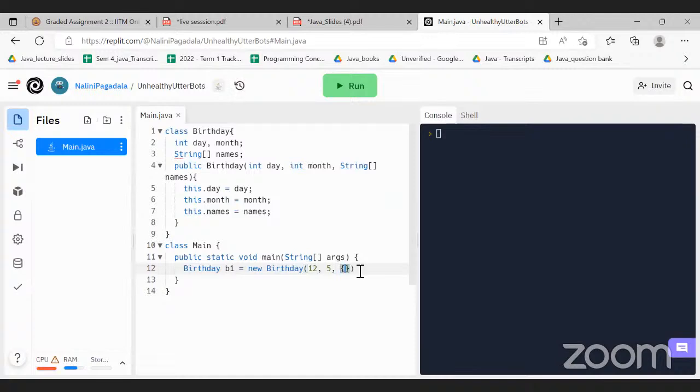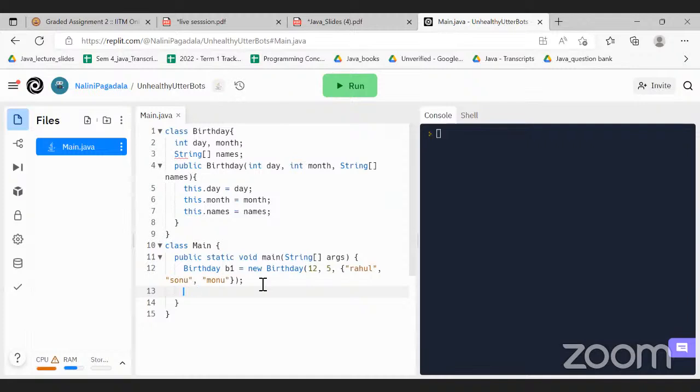I'm giving some random names, just 3 names. It's an array of 3 names. Now if I say b1 dot,